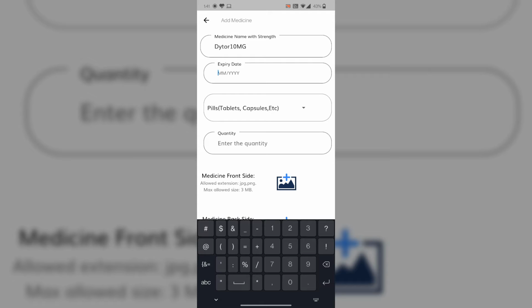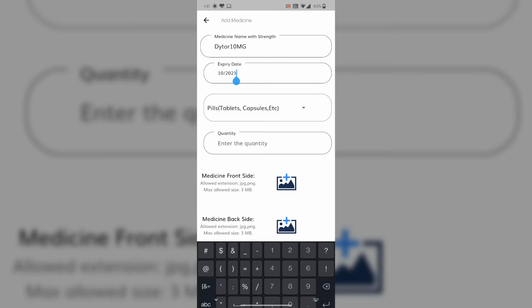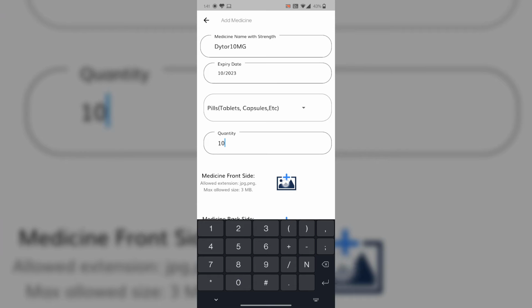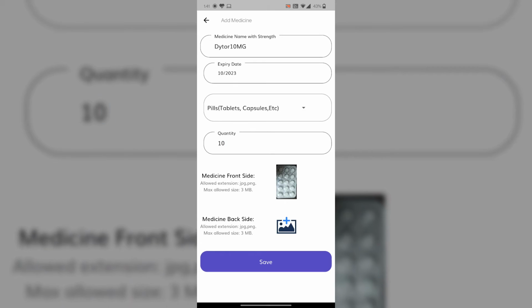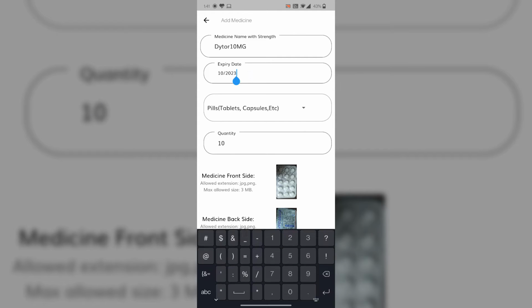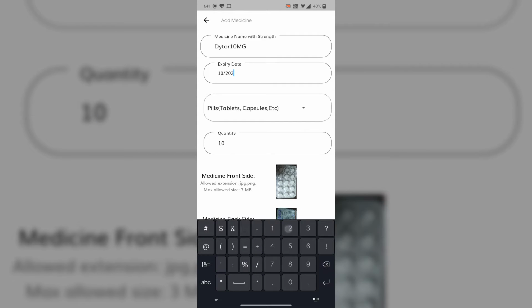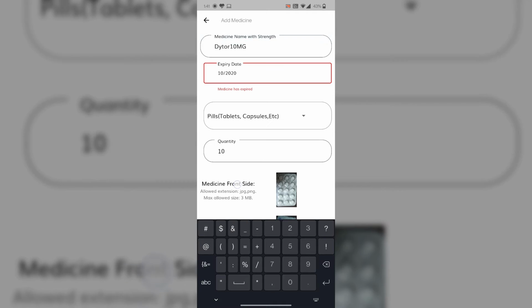It is a must. Let's say pills, quantity, front image, back image. So these are the images. If we put the expiry date wrong, then it will give you an error that the medicine is already expired.